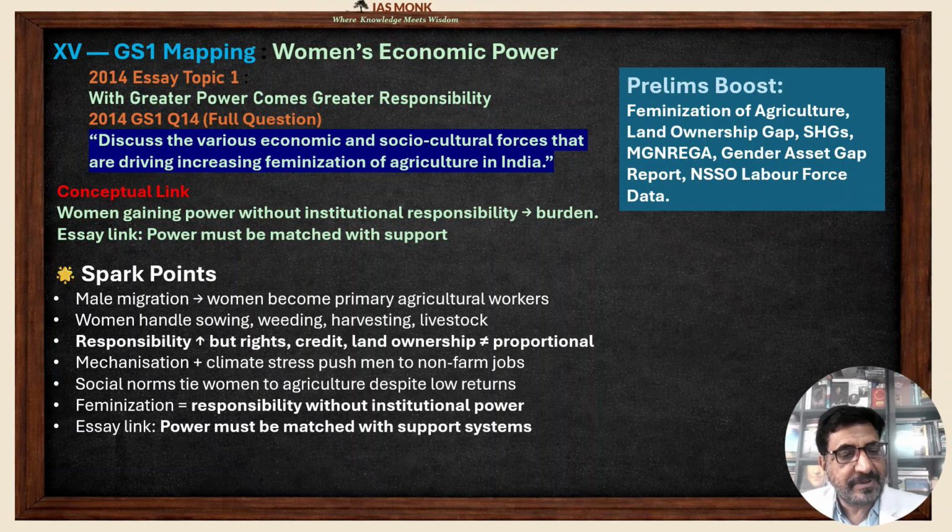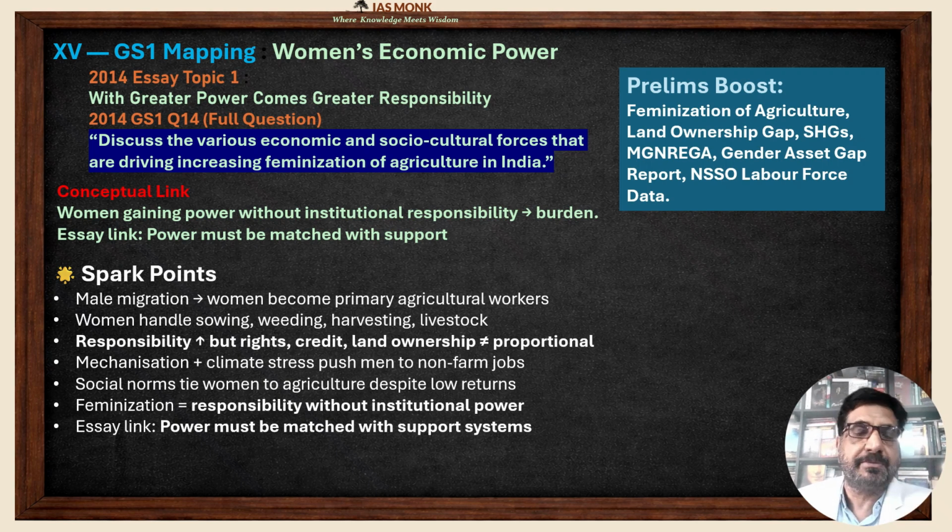Next, we'll take up question number 14 of GS paper 1 Main exam 2014: discuss the various economic and socio-cultural forces that are driving increasing feminization of agriculture in India. Again, 10 marks, 150 words. Women are gaining agricultural responsibility due to male migration, but without matching institutional support. See the imbalance here. This imbalance reflects the essay's theme, that power must be